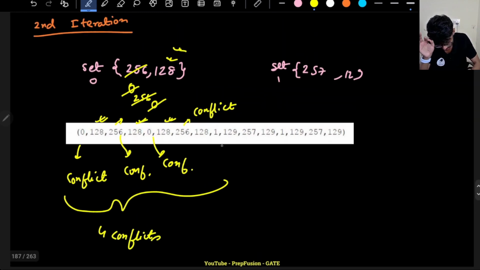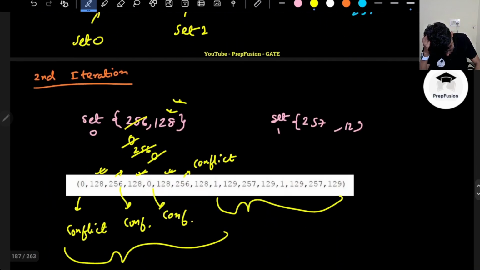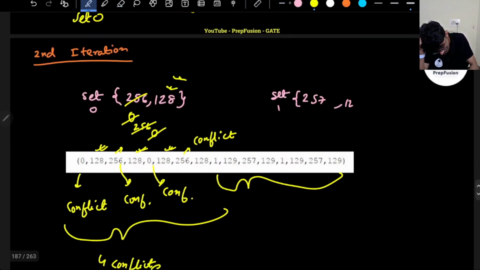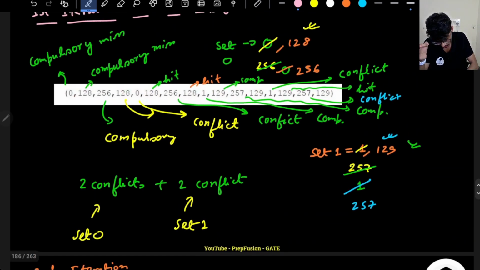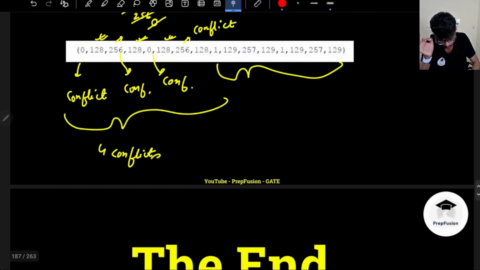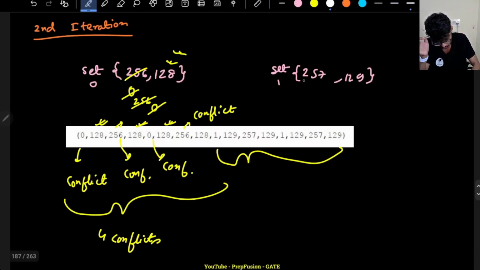And now let's check set 1. This is for set 1, right? In set 1, I am calling 1. Okay, this should be 129. Yeah, this is 129. So I am calling 1, and 1 is not present in set 1. Which one is the least recently used? 129 I had just called. So 257 will be replaced here. So 257 will be replaced by 1, and